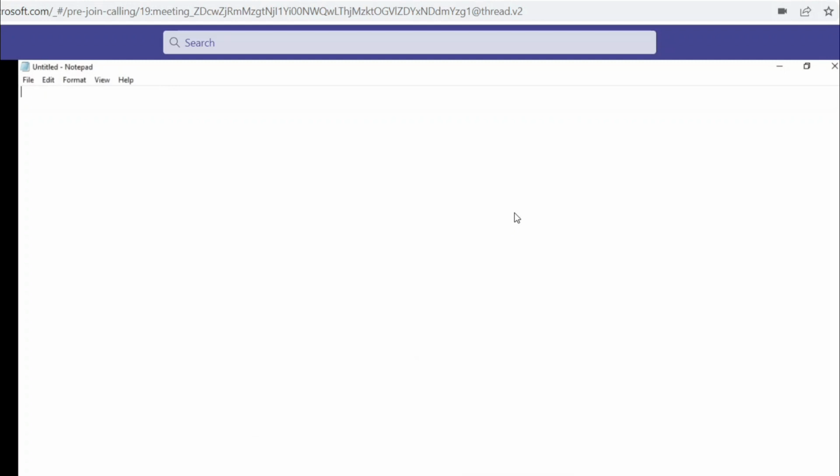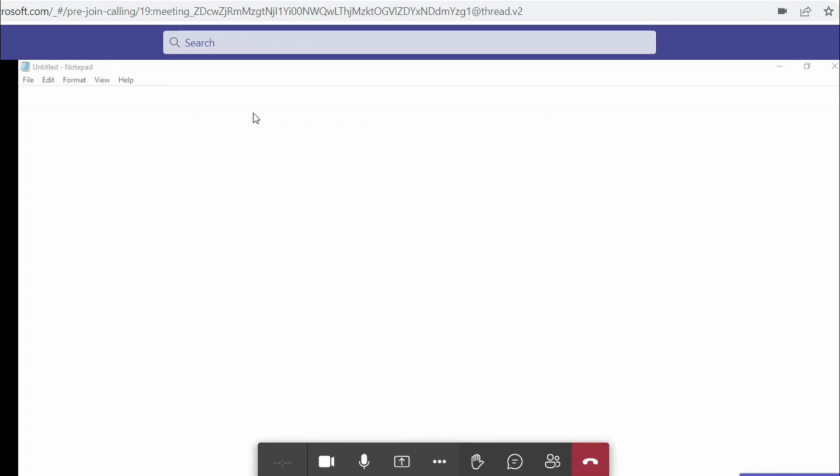What is hoisting in JavaScript? Hoisting basically is where variable and function declarations move to the top of the current scope during code execution. So whatever function or variable we have declared, it's moved to the top of its scope.